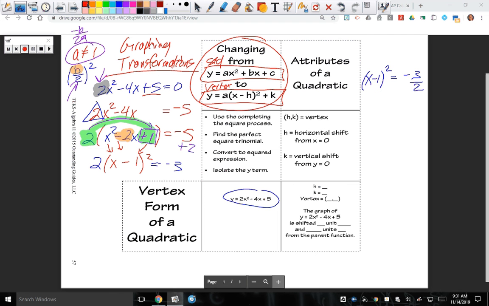Are we good? Everything's going well? Okay. So now what do I do? Take the square root of both sides. So if I take the square root of both sides on this one, I'm going to have x minus 1 is equal to plus or minus the square root of